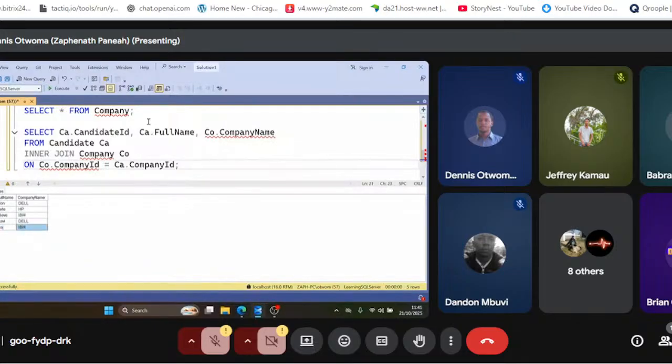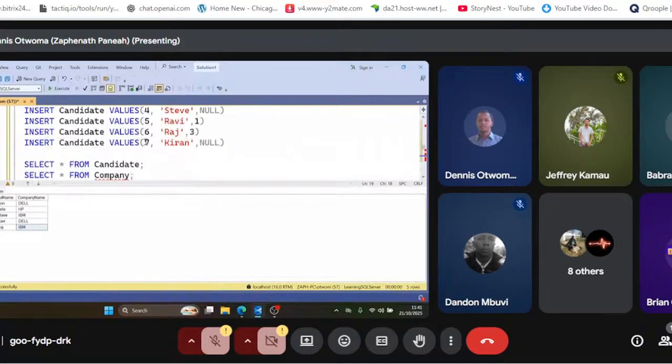Again, this is what we had. Where are those two tables? These are the tables that we had. Okay, so this was the candidate table, and then this was the company table. And I know you guys are asking,